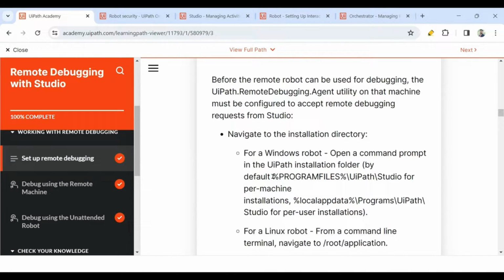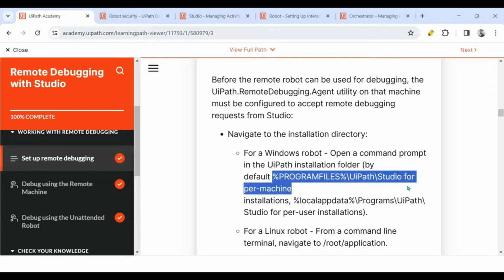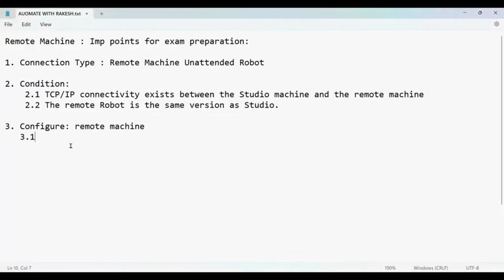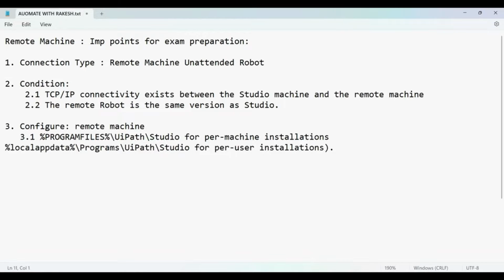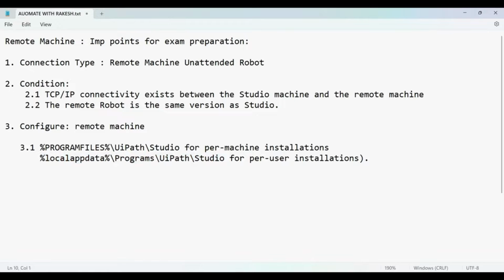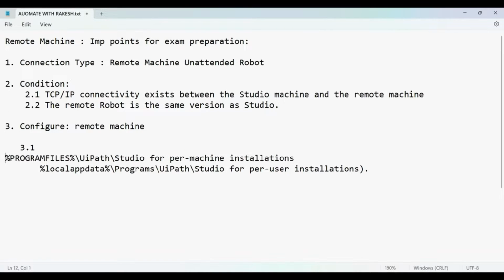Now the very first step is you go to this particular path in command prompt. There are two paths. Either you have done a per machine installation, as the demo has given. In case you are not understanding what per user is, you should watch my previous videos where I've shown these things. If you have done a per machine installation, then your files will be under Program Files. If you have done a per user installation, then your files will be in Local App Data Programs. This is the path. So you have to open command prompt